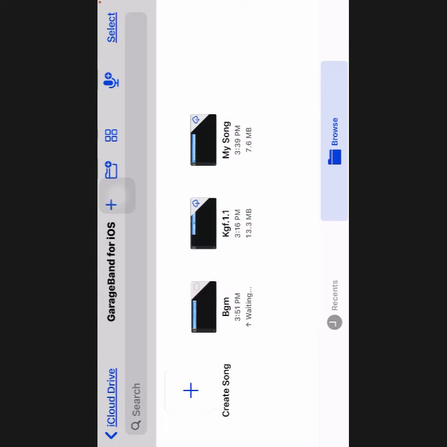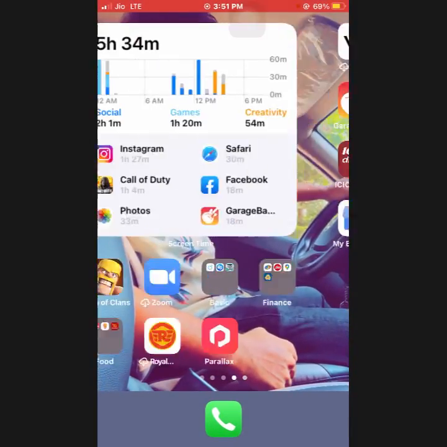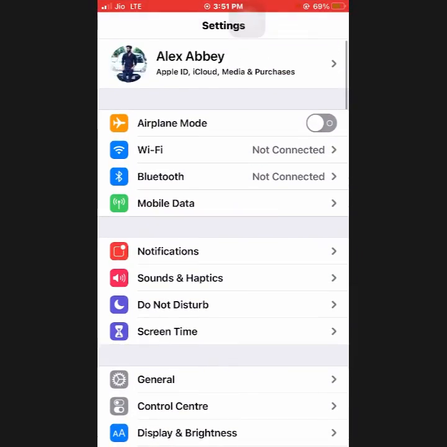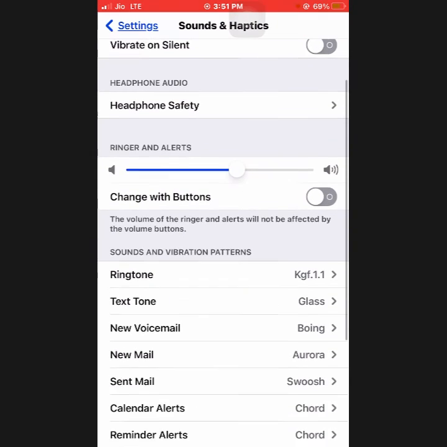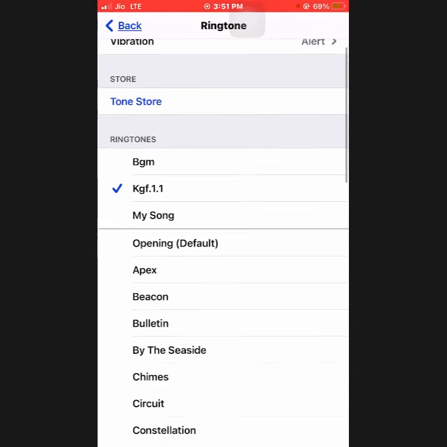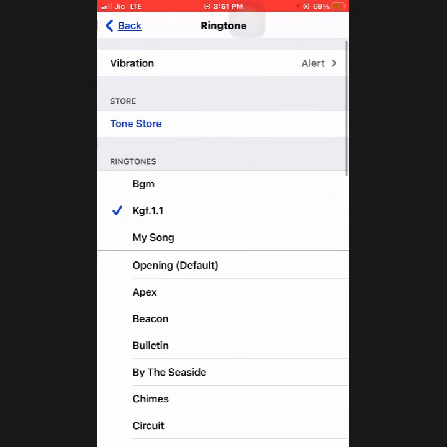So after exporting this, you can go to settings and go to sounds and haptics, and in ringtone section you can see that there are three songs which you have made by your own, and you can select one